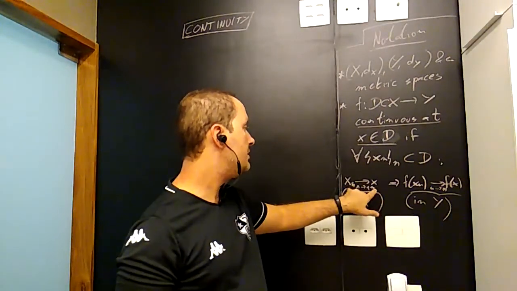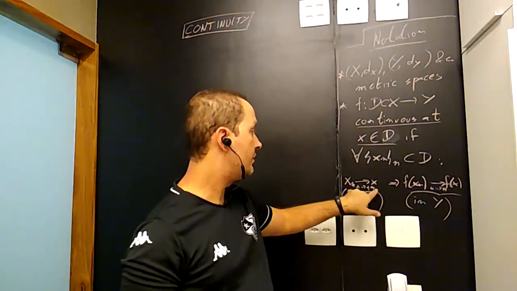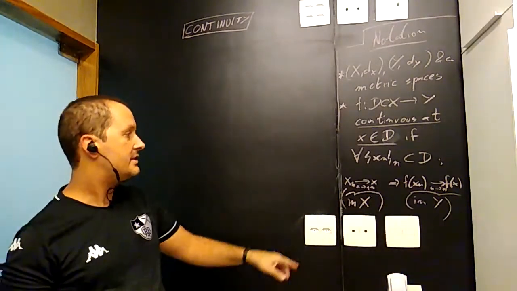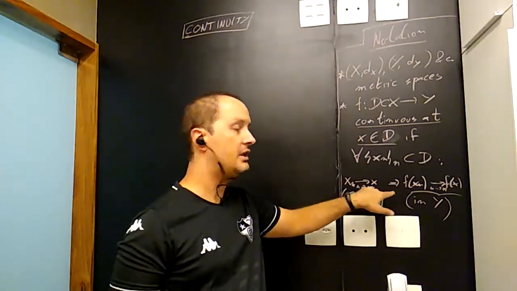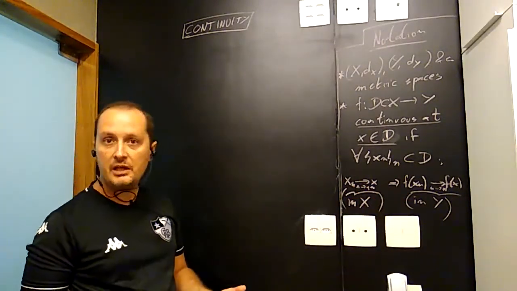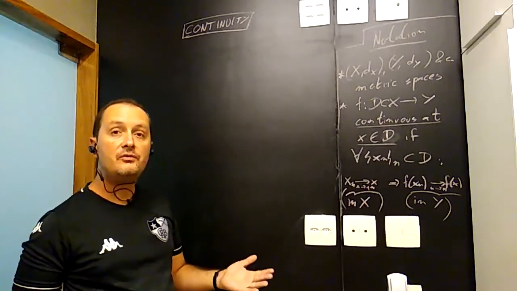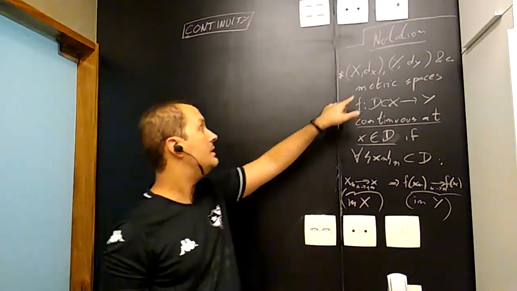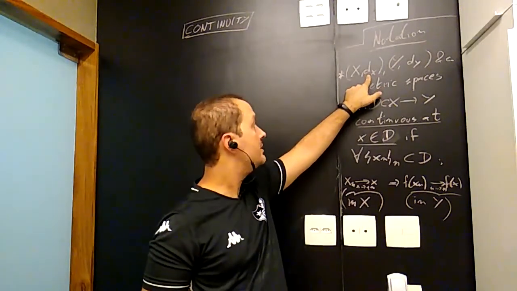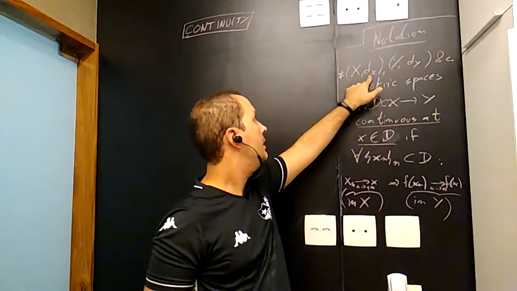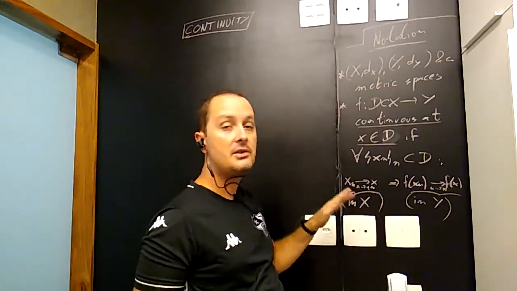So it means that convergence gets mapped to convergence, basically. It doesn't say anything about how fast the convergence takes place on either side, right? Because it's qualitative, you can actually check that if you look at that concept of equivalent metric, right? So what's a metric equivalent to d sub x? It's a metric that if you replace d sub x with this new metric, the concept of convergence doesn't change,